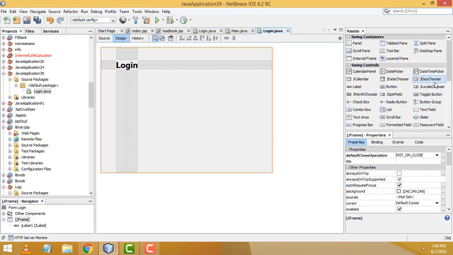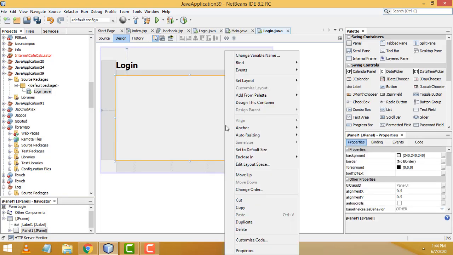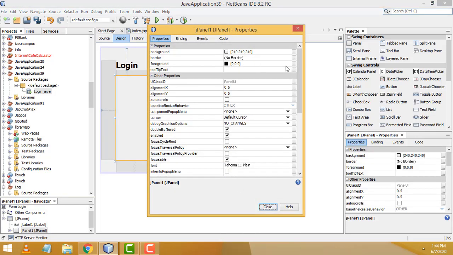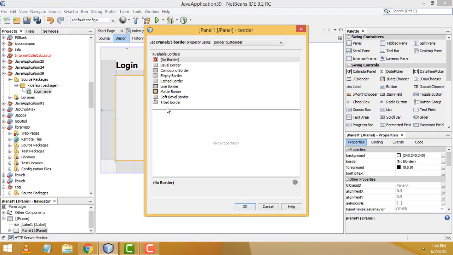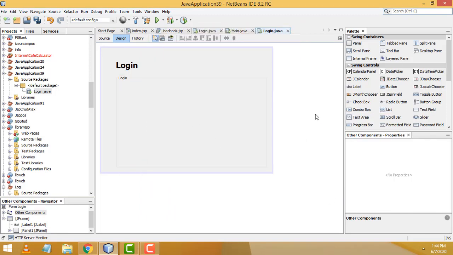Now I am going to drag one panel. Select this one, properties, border property, I am going to select Title Border. Here I am going to give the title as Login. Click OK.